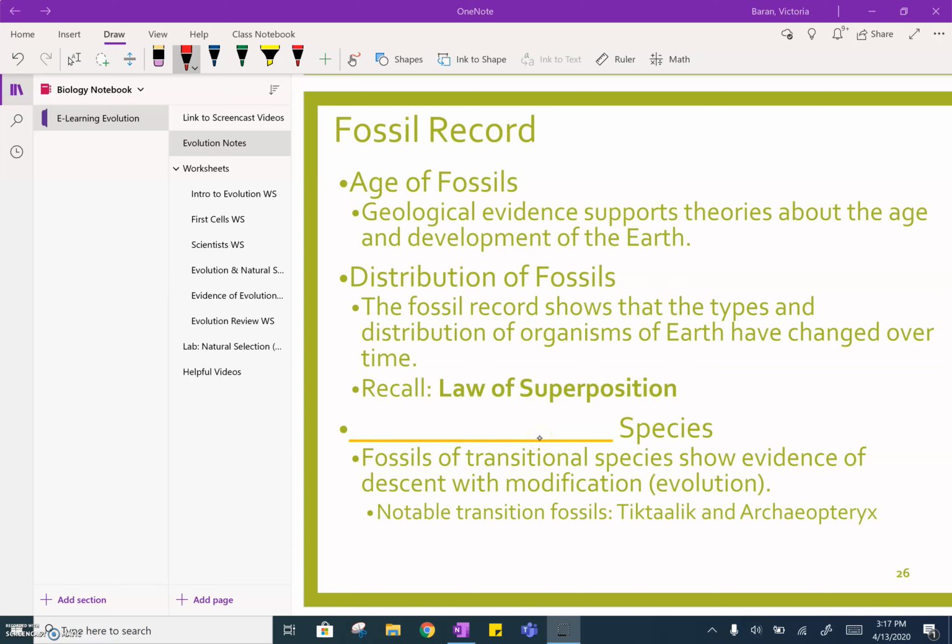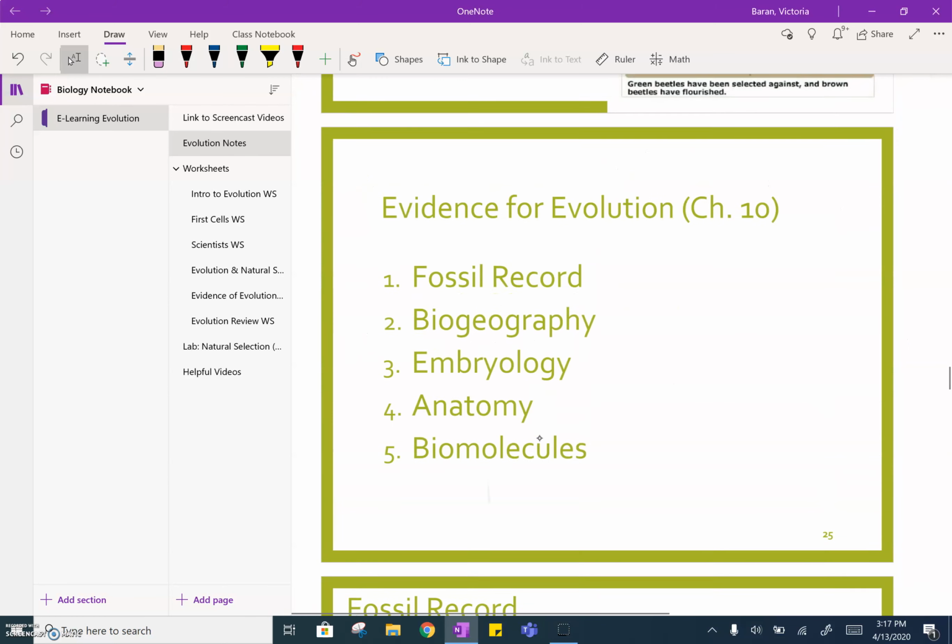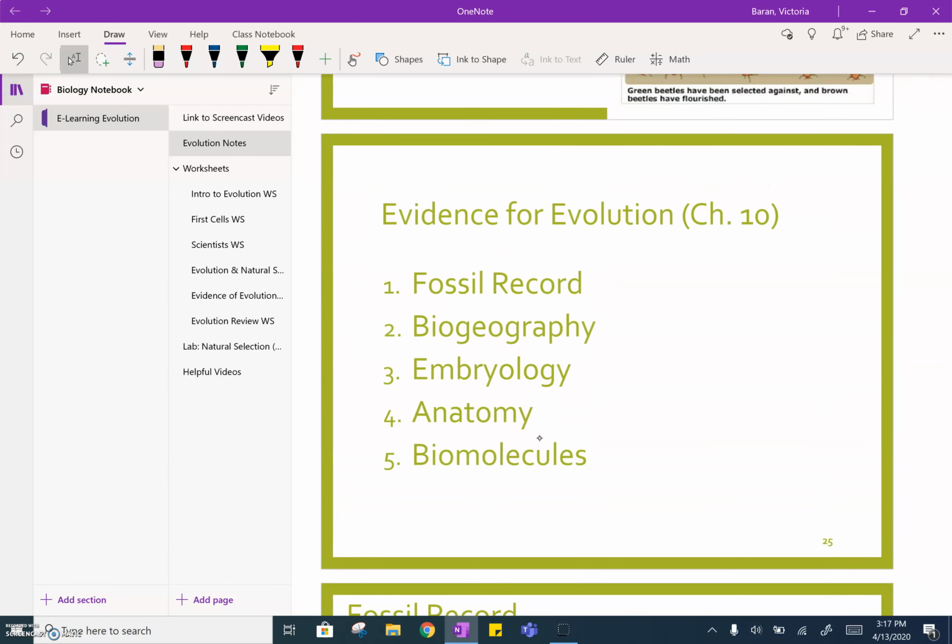Today I will be covering slides 25 through 36. I will be talking about the evidence for evolution, which includes these 5 things right here. So we will talk about the fossil record, biogeography, so how organisms are distributed throughout an environment, embryology, looking at how organisms develop, anatomy, so some physical characteristics and structures, and the last being biomolecules, so things